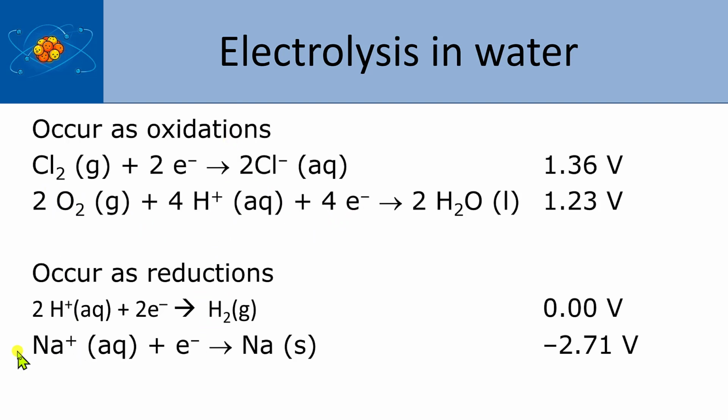There's the cathode reaction for the sodium, which we had before, and the anode reaction for the chlorine. Now I've written them as reductions because there's a reason for this, and I'll show you what that is in just a second. Now, the other possibility is that you get the reduction or the oxidation of water,